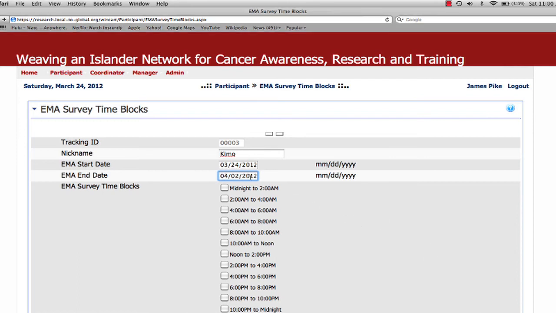And then you want to have a full week. Monday, Tuesday, Wednesday, Thursday, Friday, Saturday, Sunday. Get a full week of data. And then that following Monday, the 2nd, that is the day at which text messages will stop. So EMA end date, what's important to note is it is not the last date on which they receive text message reminders. It's the day on which those text message reminders will stop. So if you want them to receive messages on the Sunday, the 1st, don't put in the 1st, put in the day after, put in the 2nd. Now,